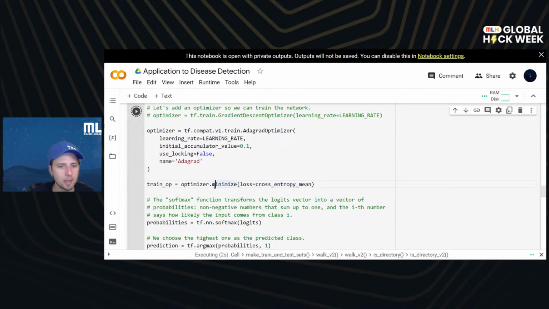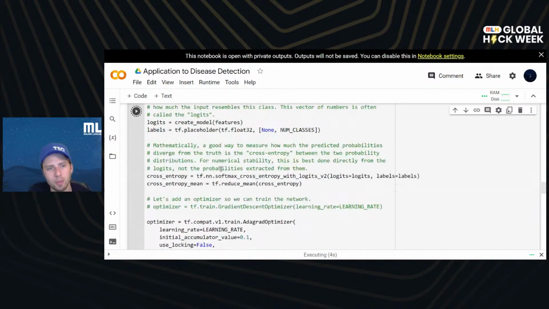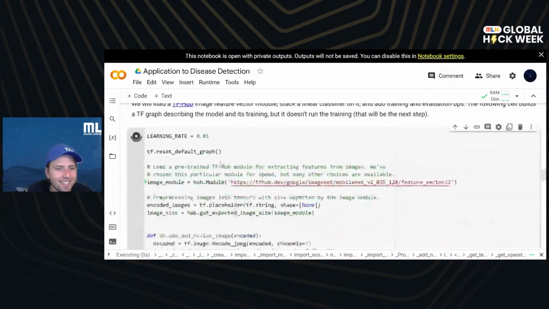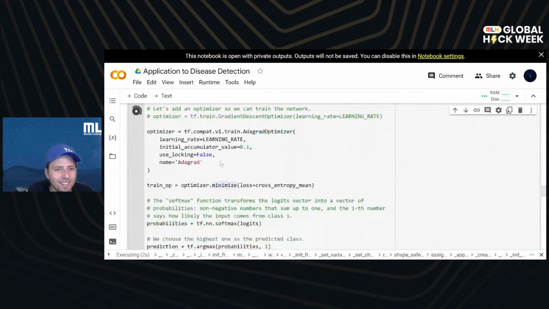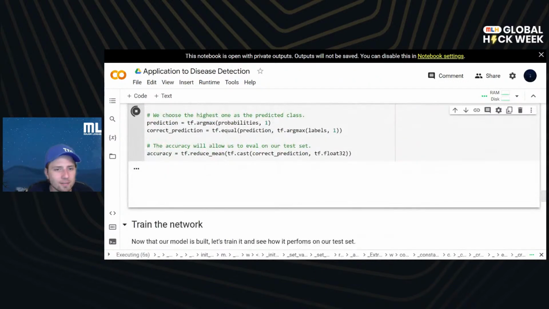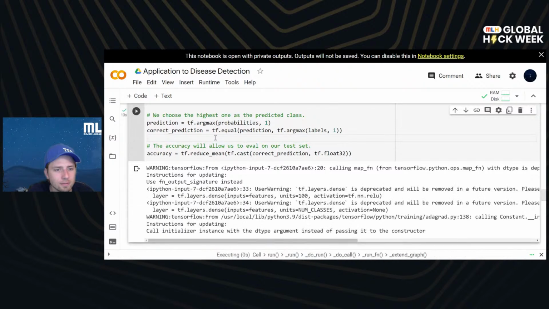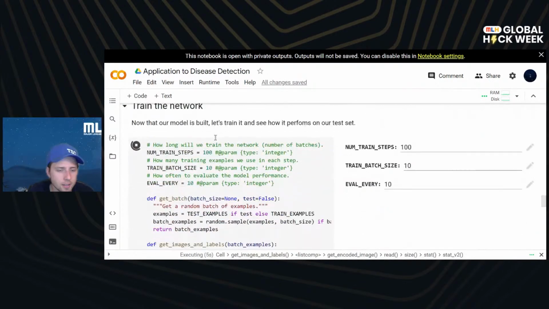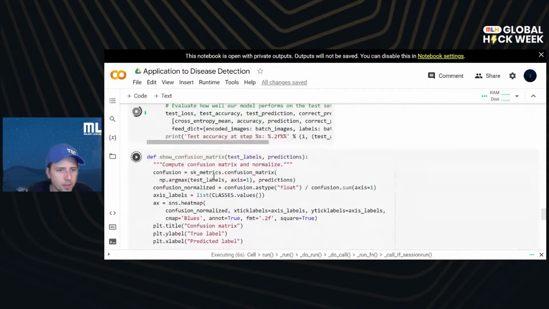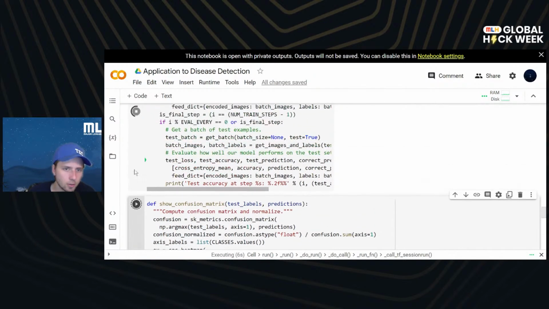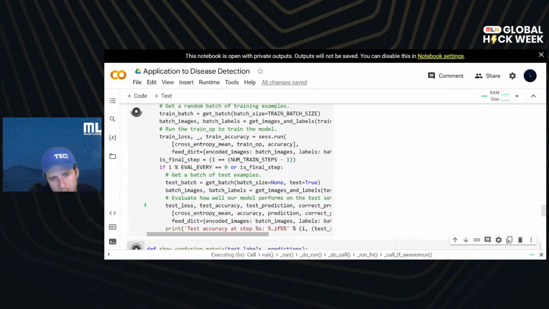I think we may not be able to use this minimize method with the AdaGrad, but we'll cross that bridge when we get there. Seems like it's working well enough, actually. We'll see in a minute whether it gives us any improvement on our gradient descent optimizer. We're just using a different optimizer,